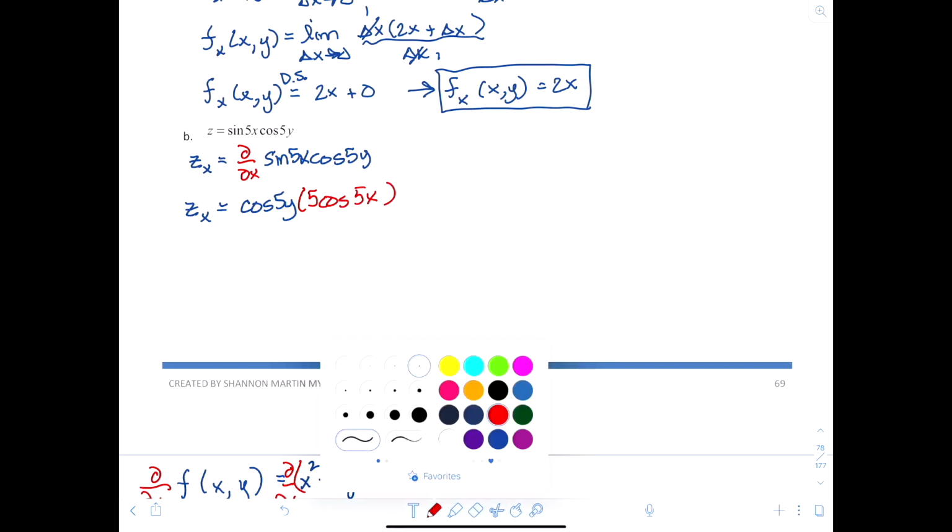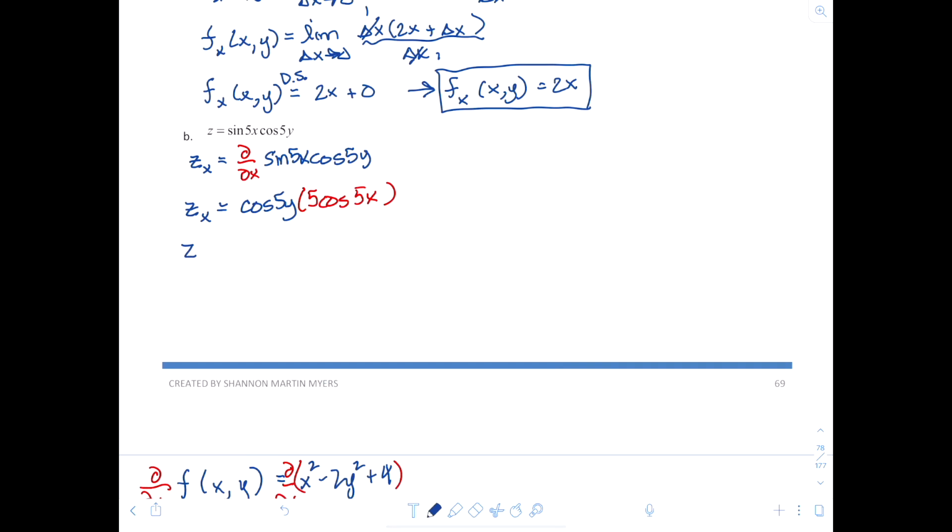So at the end of the day, zx will be 5 cosine of 5x times cosine of 5y. Cool, cool? Okay. Next up, we have